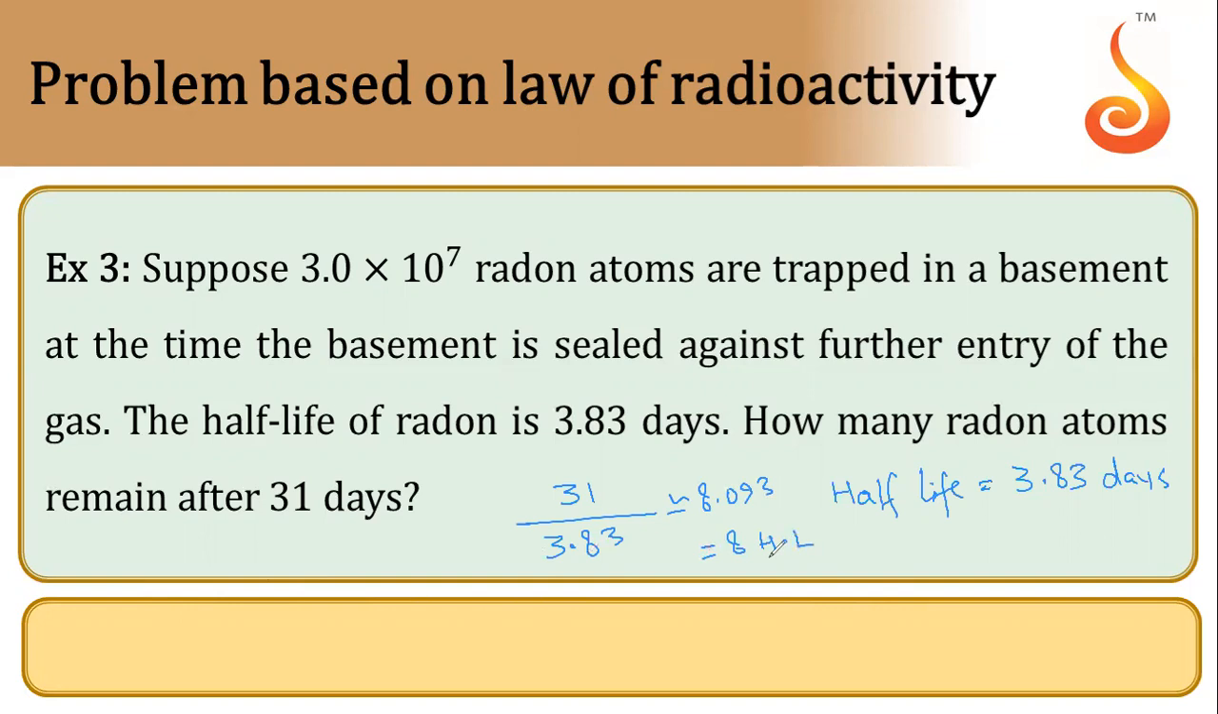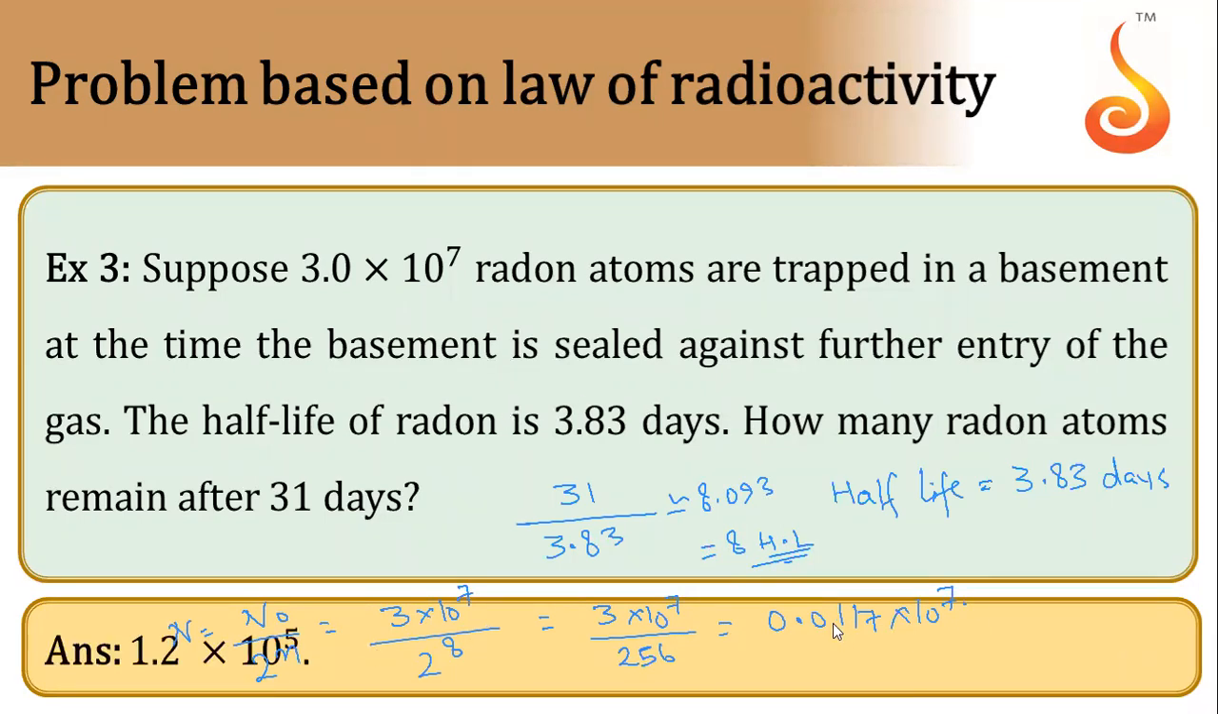So we have calculated in 31 days, there are 8 half-lives. So N is equal to N naught by 2 raised to power n. N naught is given as 3 into 10 raised to power 7 divided by 2 raised to power 8. So that is 256. So it will be 0.0117 into 10 raised to power 7. So this will be our answer,